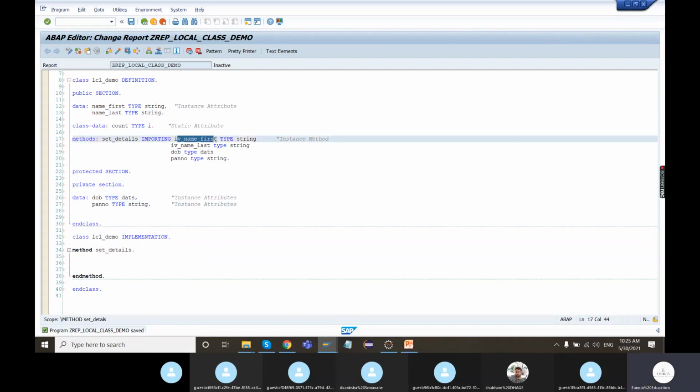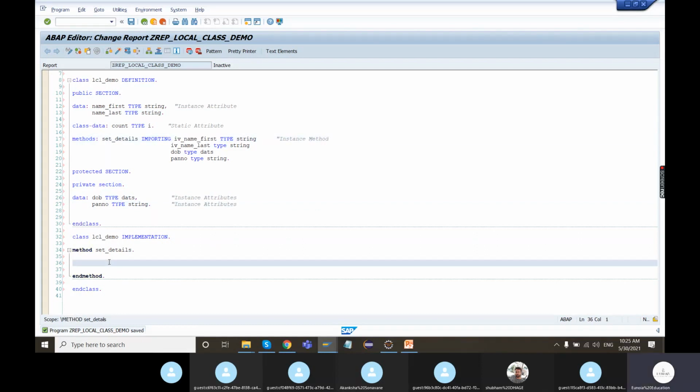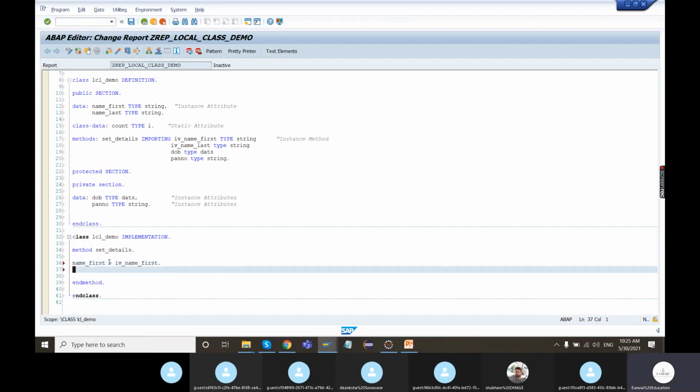So we have the importing parameter name first. I'm going to set the name first variable using this IV underscore name first. Name last, I'm going to set using name last.